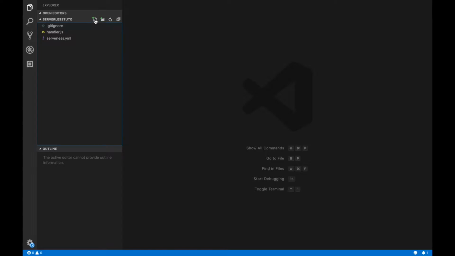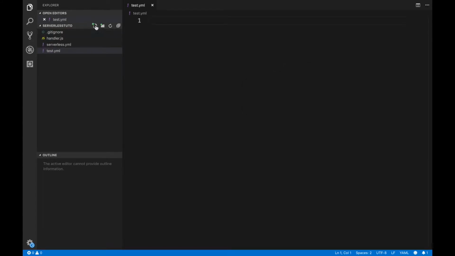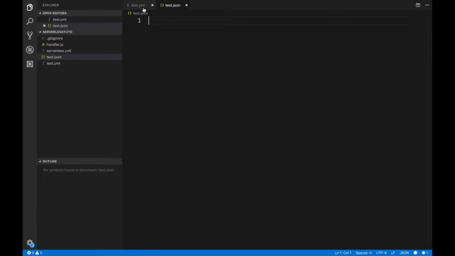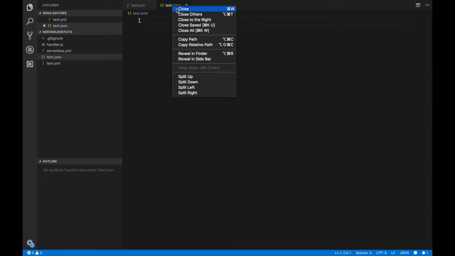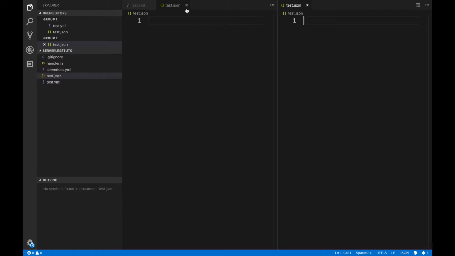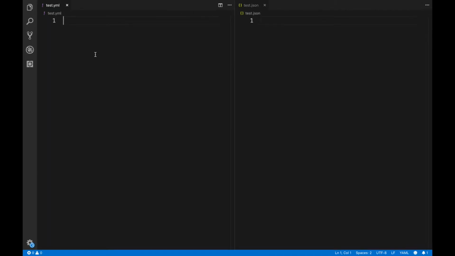So what I am going to do now is create a file, and I'll name it test.yml, and I'll create one more file and put the name test.json. Okay, so we have a test.yml file and a test.json file. I'll split this in VS Code. Now I'll write some objects and properties in the JSON file, and I'll tell you how to write those objects in the YML file, because the way of writing those things is the same. There's no big difference. So let me clear up everything about YML and JSON.